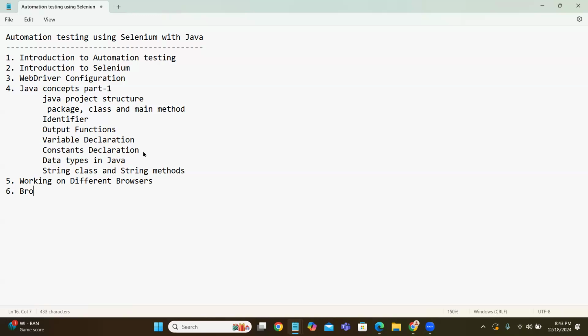Then browser interaction commands. How we can communicate with the browser, whether I want to maximize the browser window, minimize the browser window, close the browser, or navigate to a URL, how we can specify it, what methods are there, we are going to discuss. After that,